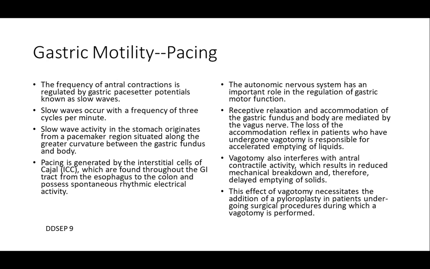So there's a variety of different cell types that propagate this complex electrical circuit through the stomach. We find the pathology more when people have had surgeries or interventions where they have vagotomy. When you transect the vagus, purposefully or not purposefully, you'll have complications in gastric motility. If you had a surgery and had an iatrogenic injury to the vagus nerve, for whatever surgery that may be, you might need a pyloroplasty, because they cannot relax that muscle in the pyloric channel. So essentially you have a gastric outlet obstruction as a result.